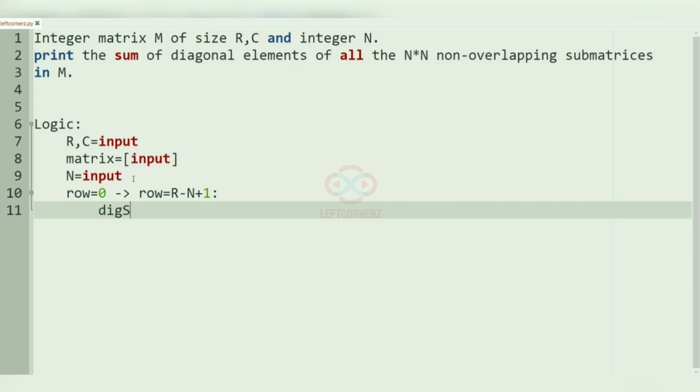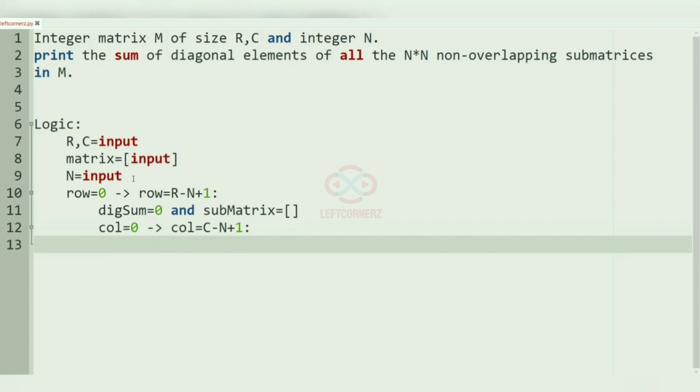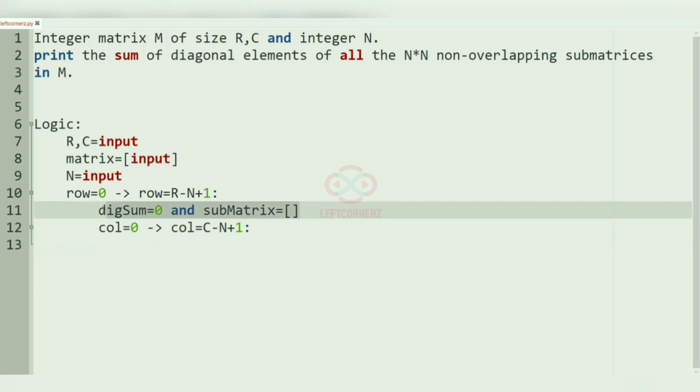and we are going to find the diagonal sum. So we'll have a variable diagonal sum as 0, and we have submatrix as empty, and then we have to iterate from column 0 to column C minus n plus 1, and similarly, so after iterating both we'll have that,